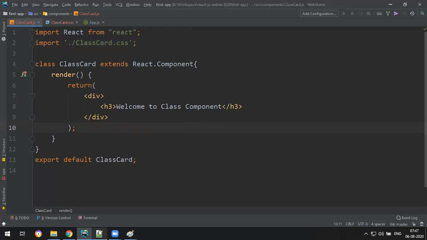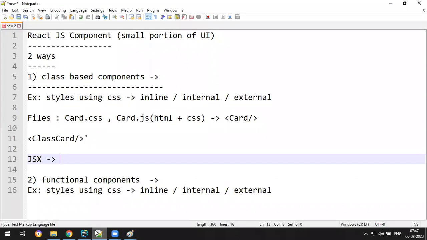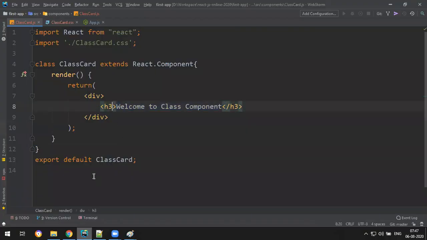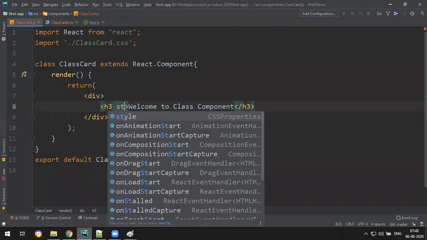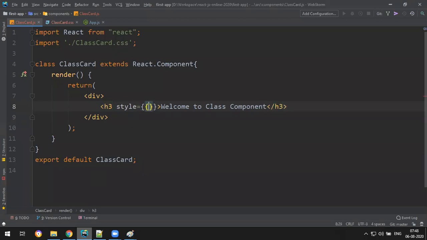Before that, I want to tell you how to apply inline styles. Because our plan is what? Inline, internal, external. Let's start with inline now. Inline means you do it inside here. I say style like this, double curly braces. Inside, how do you write the styles? Generally in JavaScript, how do you write styles? document.style.backgroundColor, style.padding, like that.